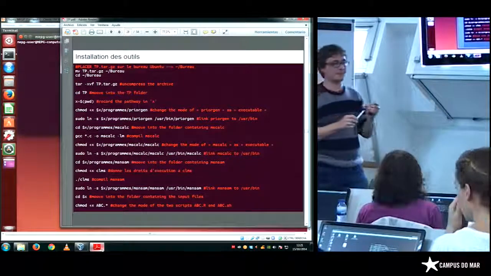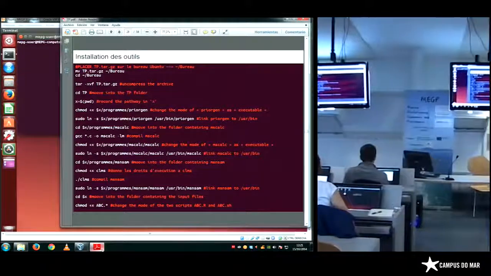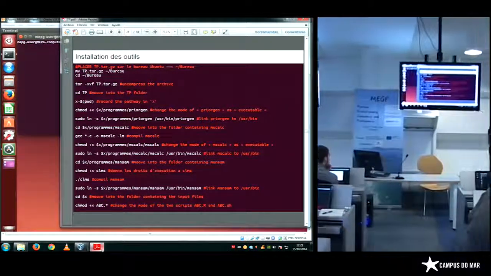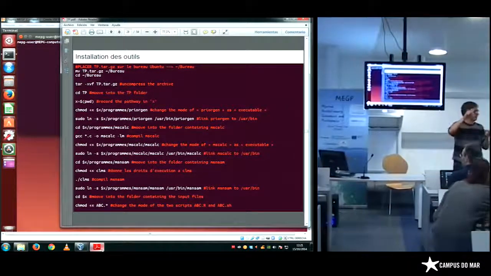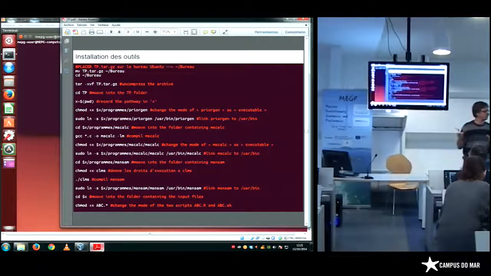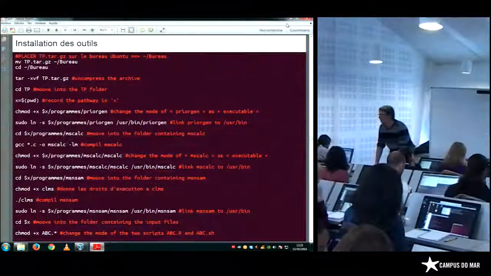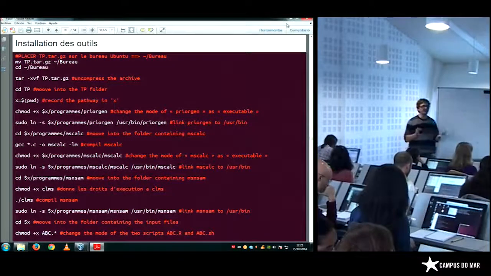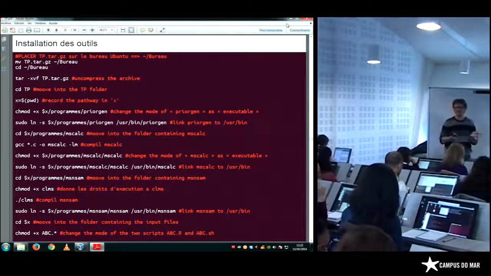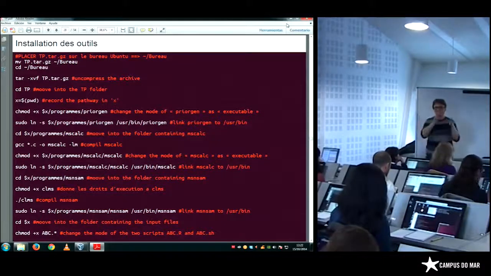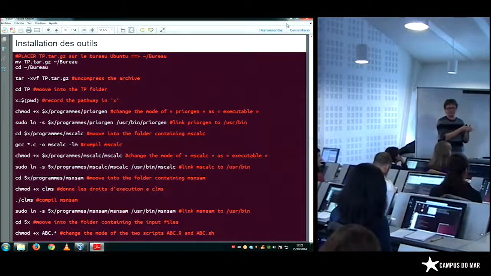Each time you use x, it will mean I go to the folder TP-ABC. It's useful. You don't have to move to folders every time. So everybody is in the folder TP-ABC. Everybody recorded the pathway in the variable x. Okay?